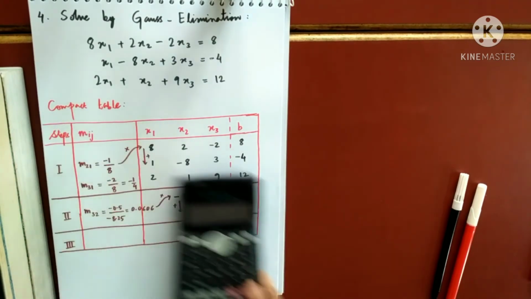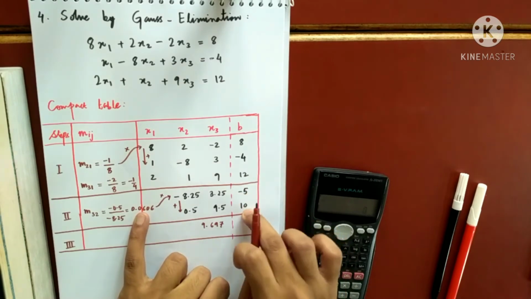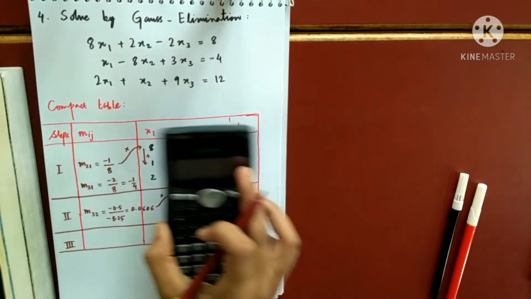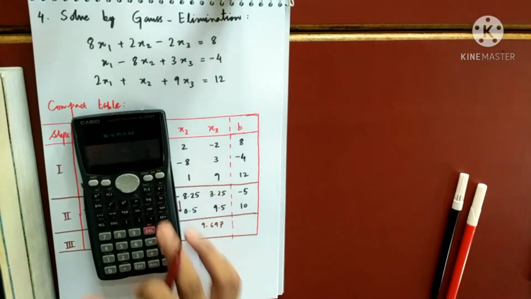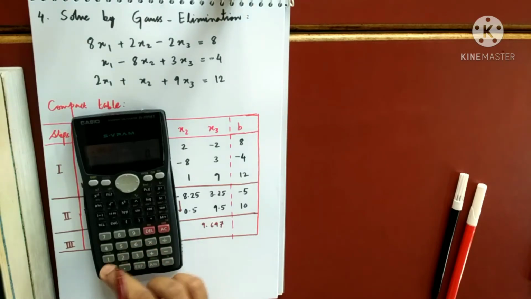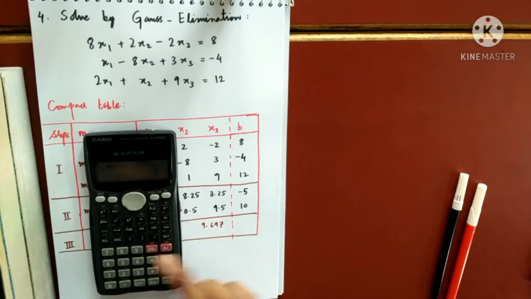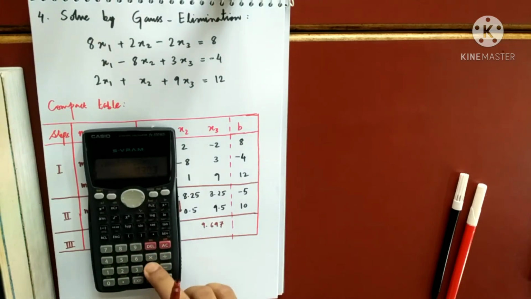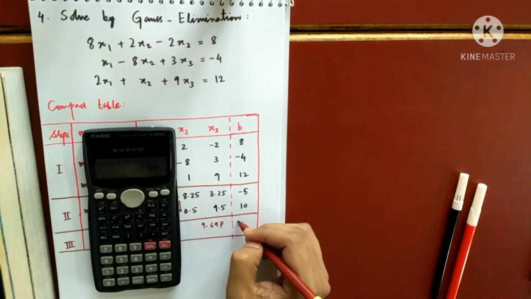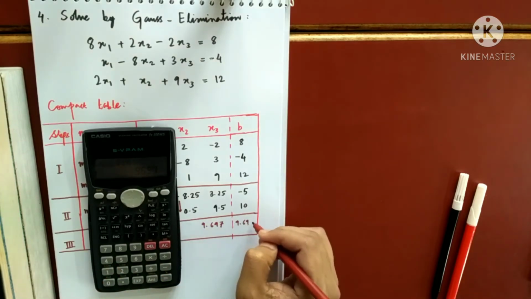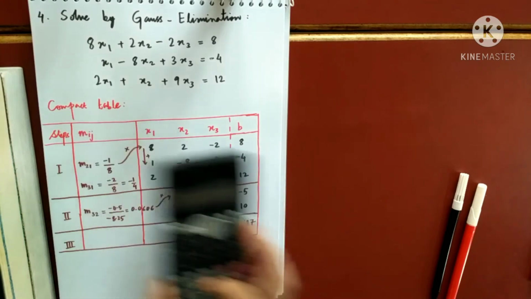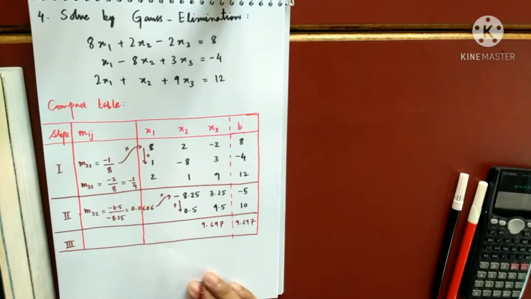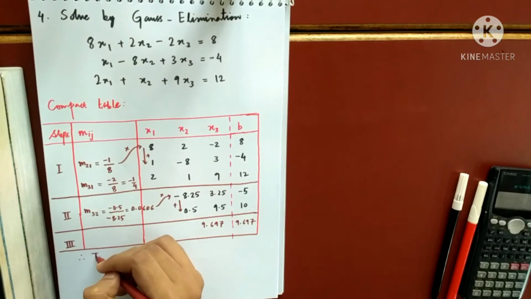Now, similarly, I will multiply this number to this and add this to this. So, what will I remain with? 0.0606 into minus 5 added to 10. 9.697. So, I have the pivots now. So, the pivotal equations are